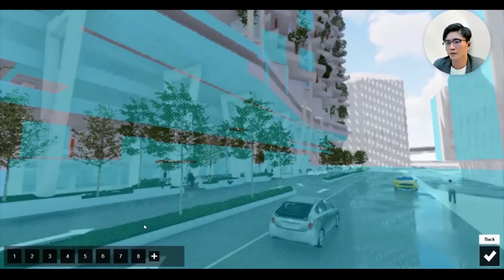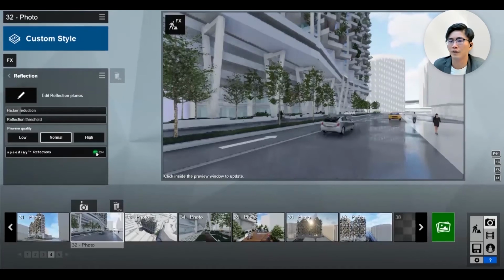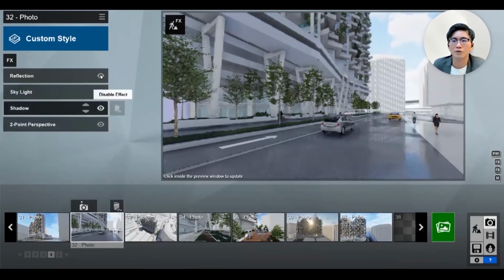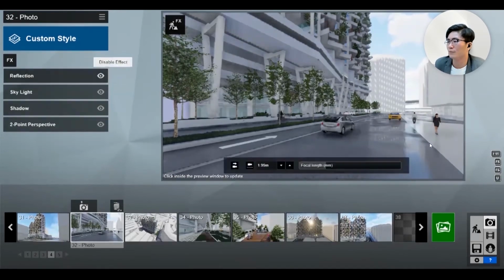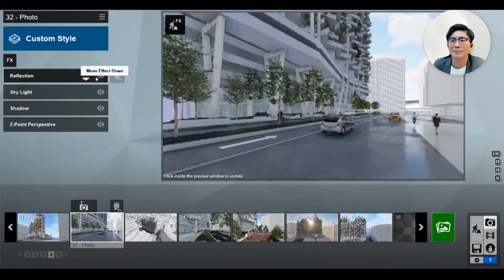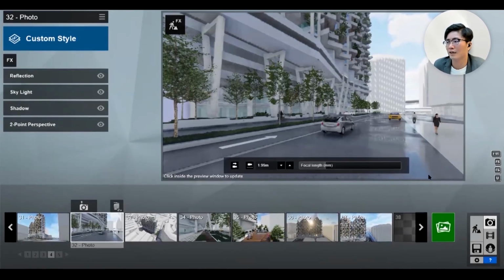Yes, so now you can see speed ray on, high. Then these two no need to adjust. Before, it's like this. After, it's like this. Actually, the information becomes more accurate, more precise. You will see a bigger difference when you export it.